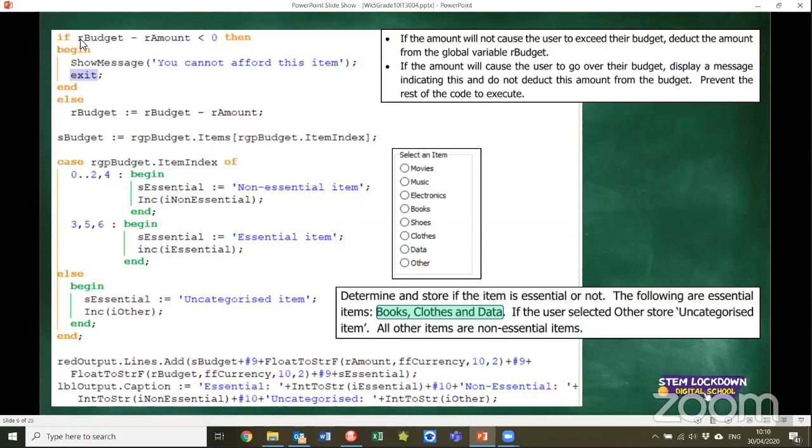Okay, so our budget minus our amount, check if it's going to cause a problem in their budget. Are they spending too much money? Otherwise, subtract it from what they've got. So if I wanted to spend 200 Rand on shoes and I've got 1,000 Rand, I'm now going to end up with 800. Then S budget is going to get the value of, remember we discussed this, RGP budget.item